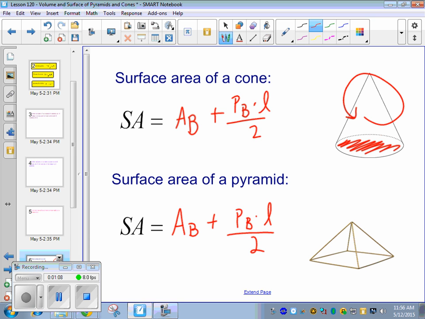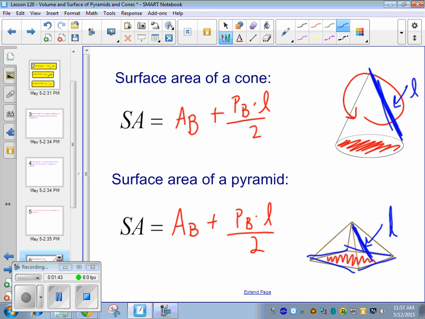Okay, where we do area of the base, which would be this rectangle on the bottom, perimeter of the base, which would be however far around the square, and then L, the slant height, represents the height of the triangle on the side here. So you might want to label that. It's called L, and I call it the slant height, but it's the height of one of those triangles. And same thing on this one. The L is actually the slant height on the cone,